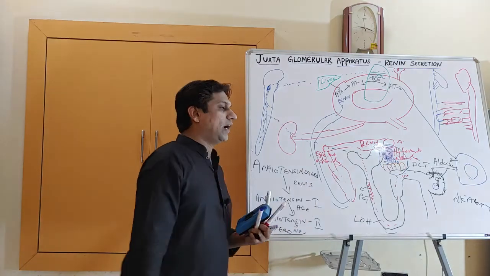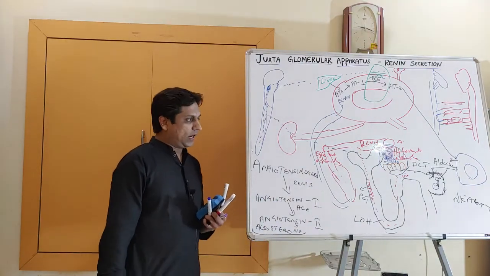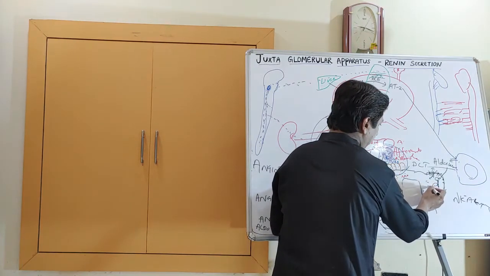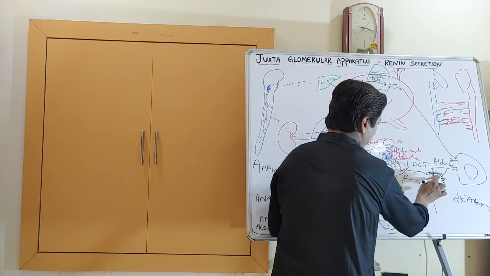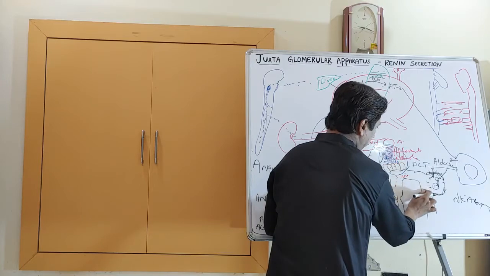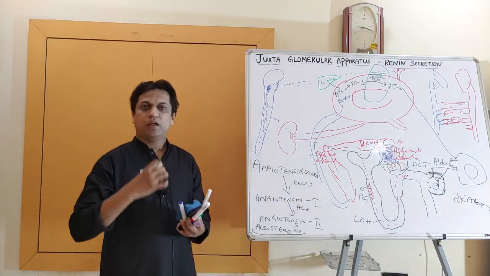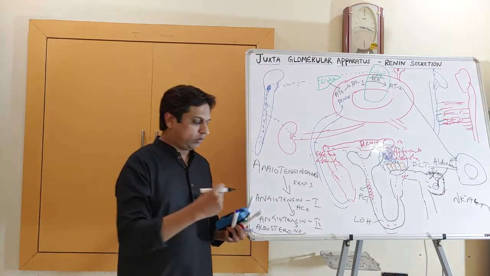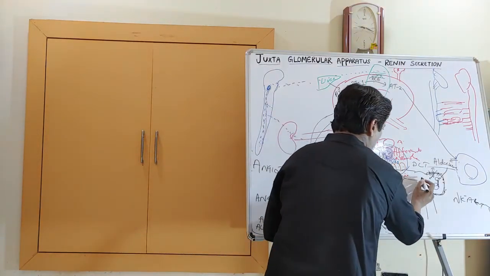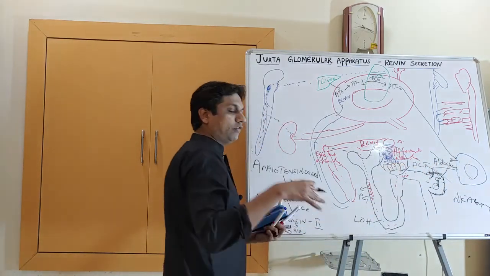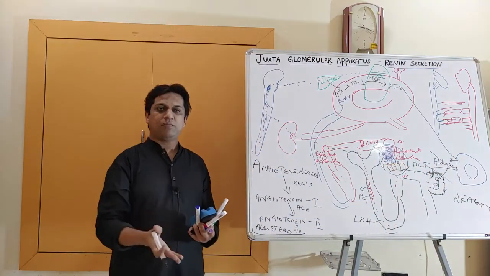So most of that sodium is the one that entered. Then sodium channels will be there, one more gene. The sodium channels will take the sodium from here, and along with the sodium, the water molecule is also taken into the circulation. So the function of aldosterone is sodium reabsorption and potassium excretion.